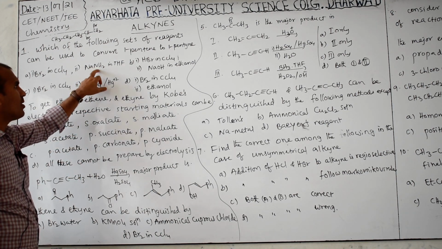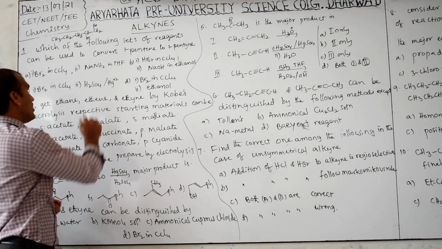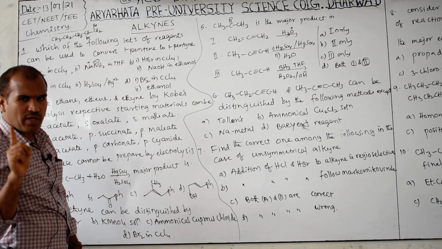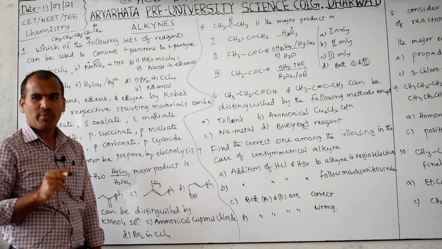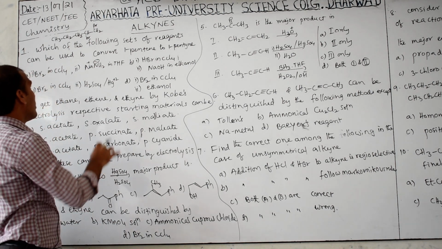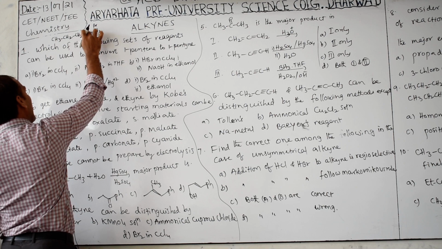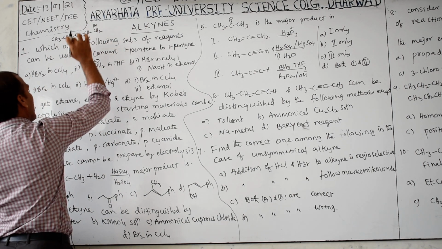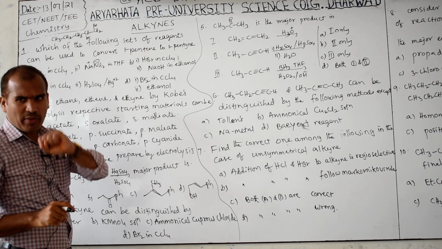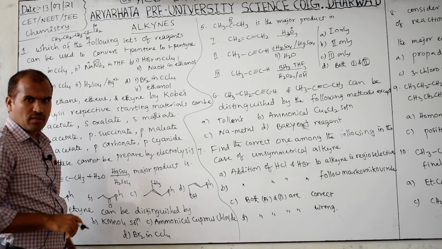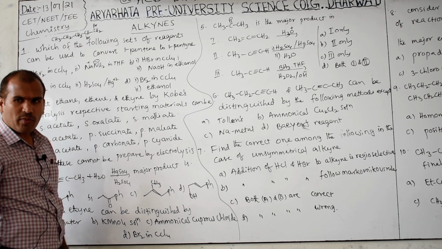Next, what is there here? Sodamide. This is one of the good bases. Na+ NH2-. NH2- is a very strong base. Keep in mind, NH2- is a strong base. When a strong base is there, first step, 1 H and 1 Br are lost. 2 atoms are lost, meaning 1 pi bond forms. Next step, 1 Br and 1 H lost. Another pi bond forms.